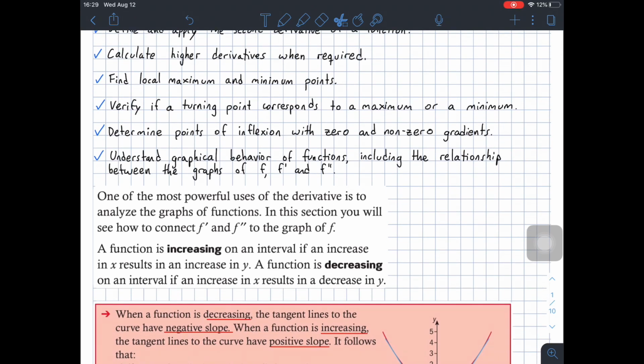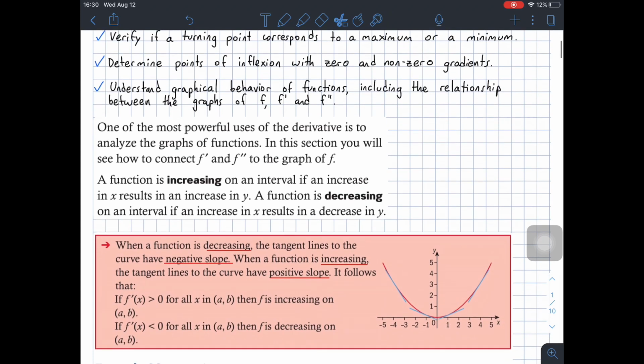Verify if a turning point corresponds to a maximum or a minimum. You're also going to be seeing that. Determine points of inflection with zero and non-zero gradients. You're going to see what inflection points are. And finally, understand graphical behavior of functions, including the relationship between the graph of f prime, and the second derivative of f. Okay, so it says, one of the most powerful uses of the derivative is to analyze the graph